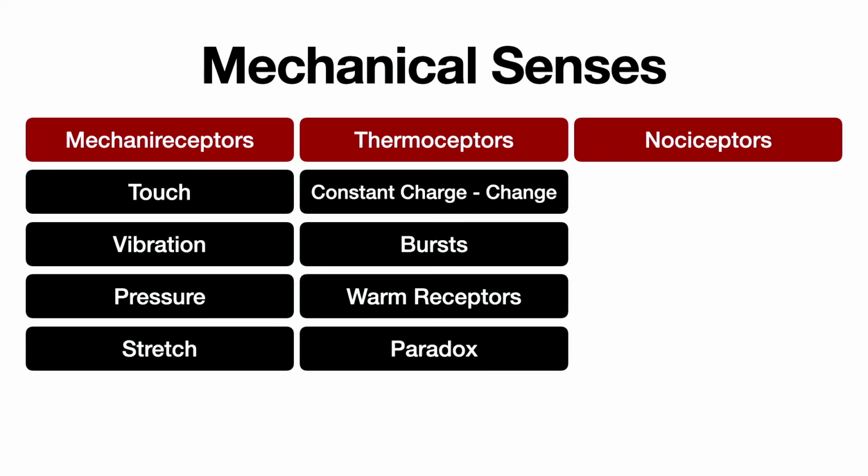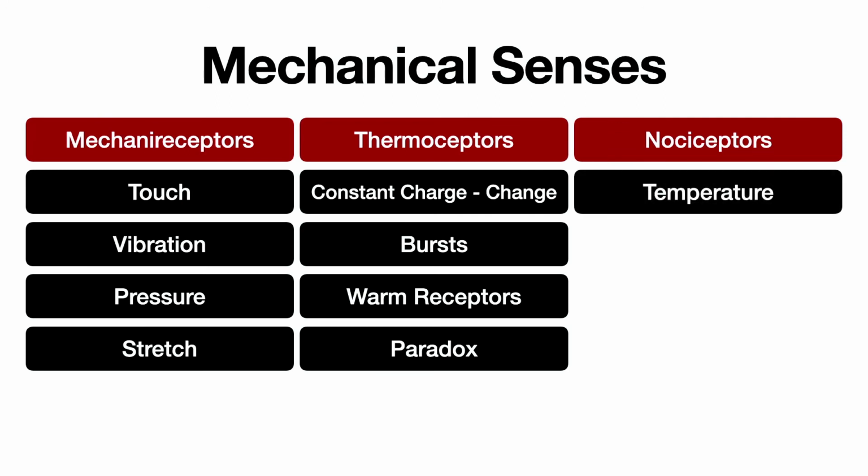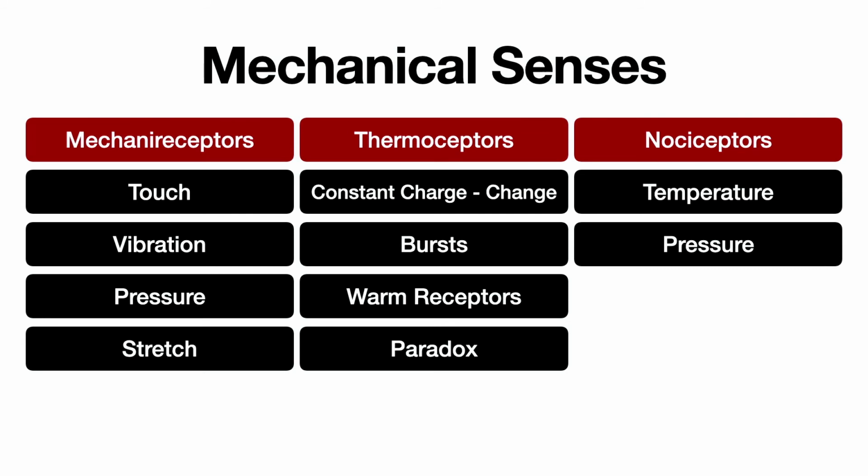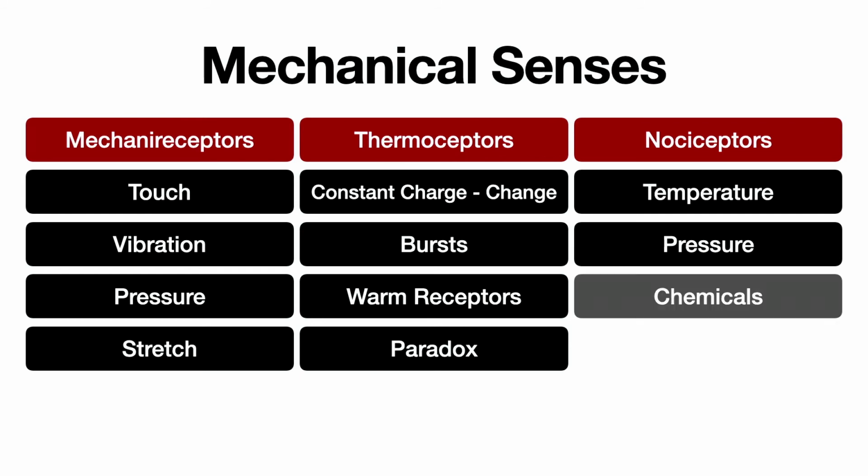And finally, nociceptors have to do with pain. Specifically, we have pain receptors if things become too hot or too cold. We have pain receptors if there's too much pressure. And you'll see how these relate to mechanoreceptors and thermoceptors. When those are pushed to the brink, we have other neurons that kick in relating that too much of a high temperature, too much of a low temperature, too much pressure. Chemicals that go to our body that activate these, chemical burns and whatnot.